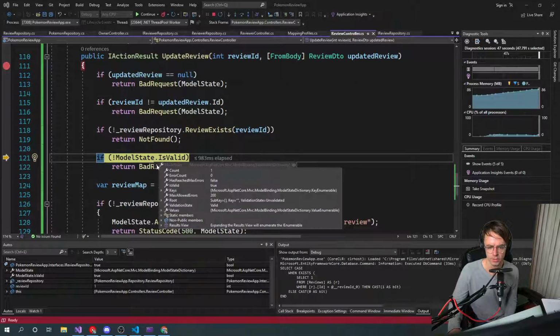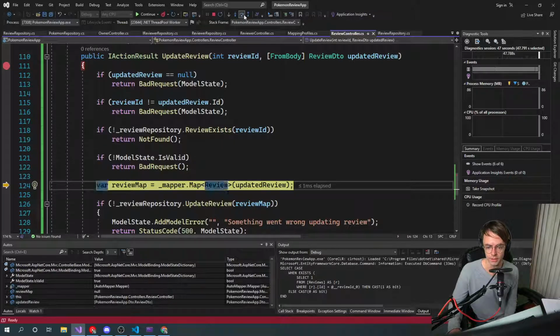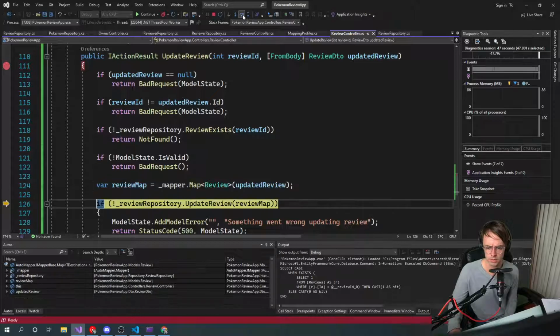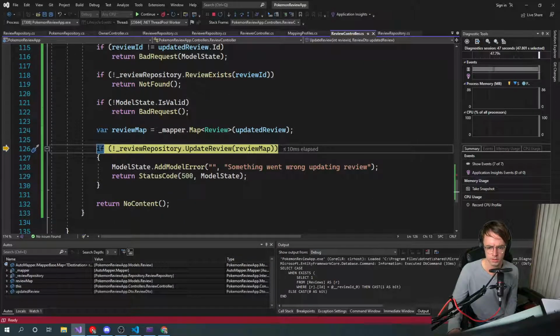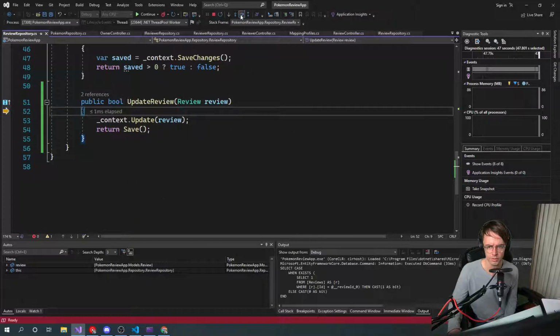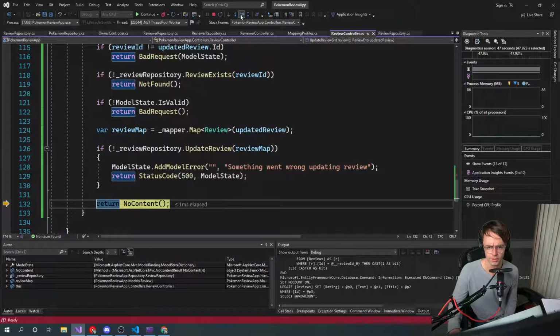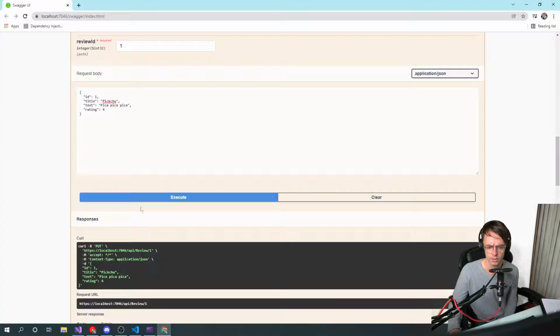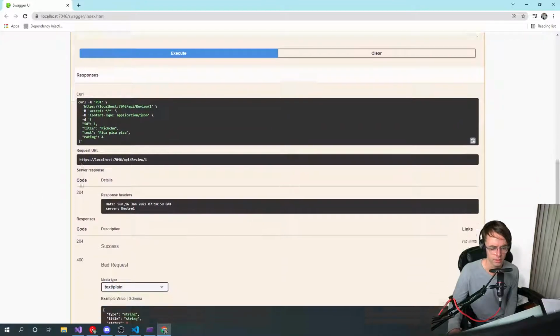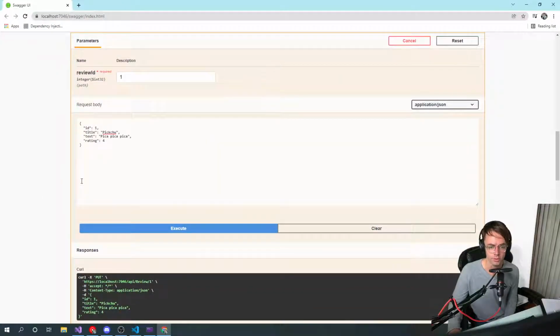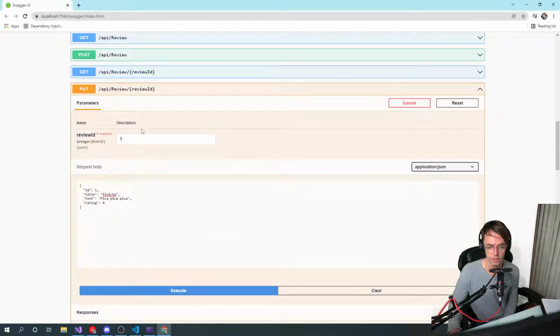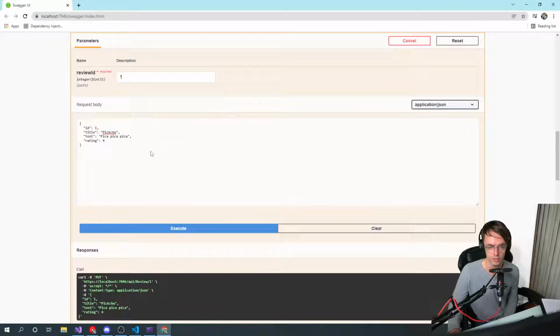Model state. We're gonna check our model state. Our model state is valid. Then we're going to go into our update review. See what's going on inside of it. It does save it. And that's strange. I literally have no idea why that last error occurred, but it seems to be working, so